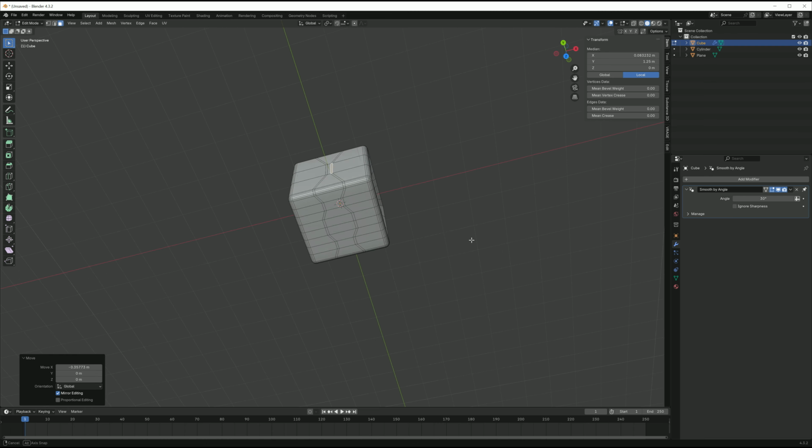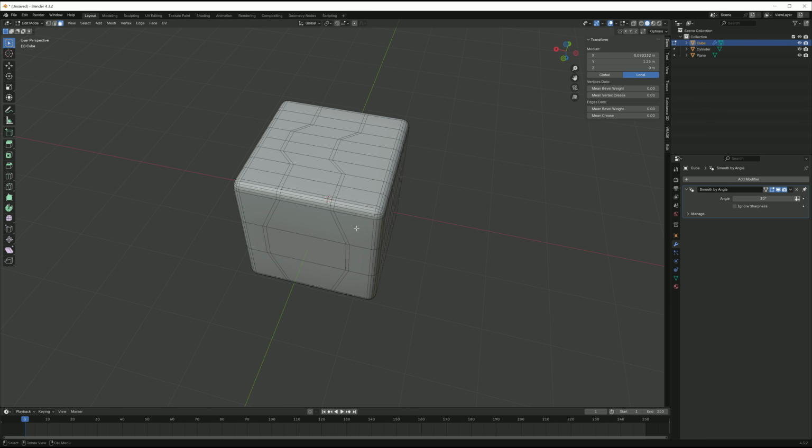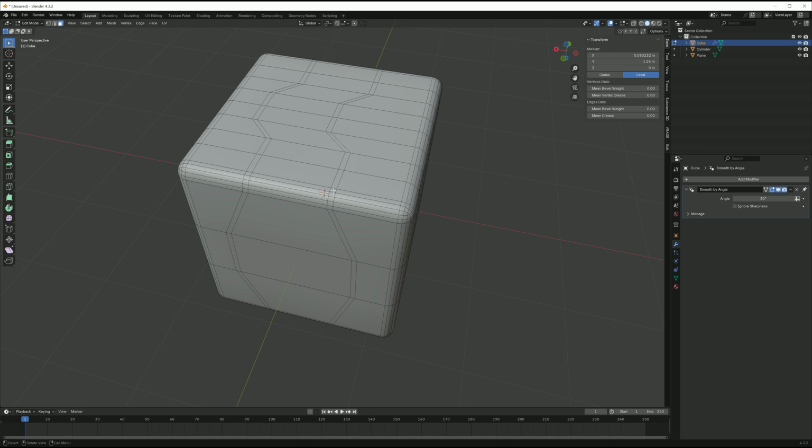There we go. So there you go, something like that. So we got an interesting pattern there anyway. Let's go into 3 and